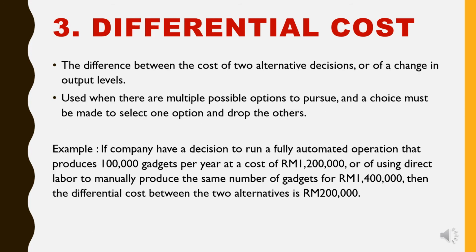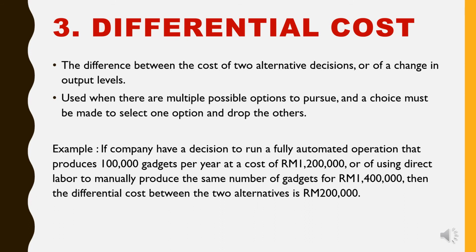Differential cost. The difference between the cost of two alternative decisions or of a change in output levels. Used when there are multiple possible options to pursue and a choice must be made to select one option and drop the others. Example: if a company has a decision to run a fully automated operation that produces 100,000 gadgets